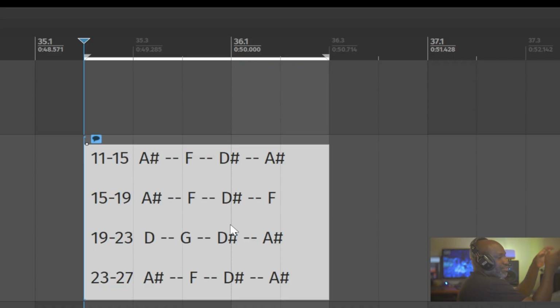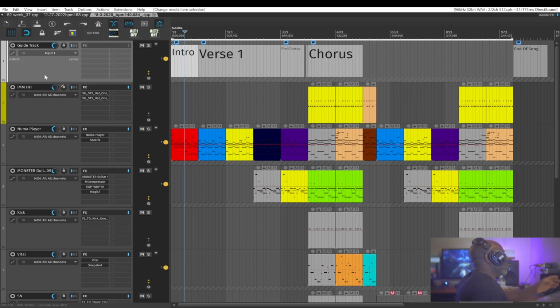You can color it, you can add notes to it, so it can just say chorus, bridge, verse, and you can use it as an arrangement tool, extend it as long as you want, as short as you want. You can use it as a visual tool to help label the different parts of your song if you choose to. So seeing this arrangement, I created a track here at the top, labeled it guide track,